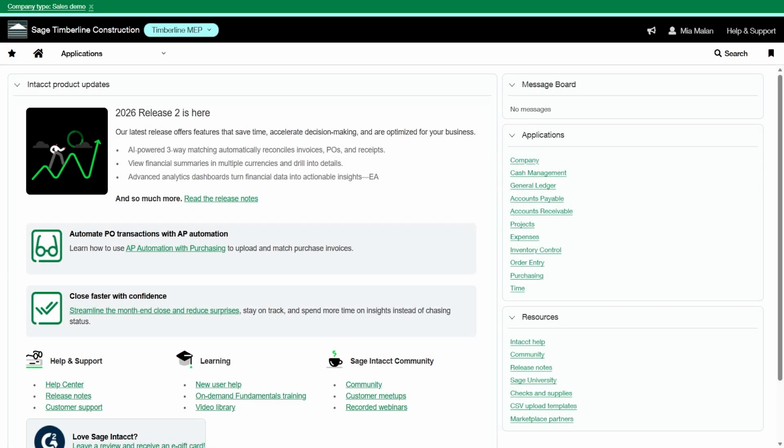Managing retainage on construction projects just got a lot simpler in Sage Intacct. With flexible retainage release, you can now release retainage across all invoice lines on a project contract at once, using a single percentage. No more line-by-line manual work. What is retainage release? Retainage is money withheld from each invoice line until work is completed and approved. Releasing it means unlocking those held funds. Traditionally, this has been done line by line, but now with flexible retainage release, you can enter one percentage and Sage Intacct handles the math across every line.